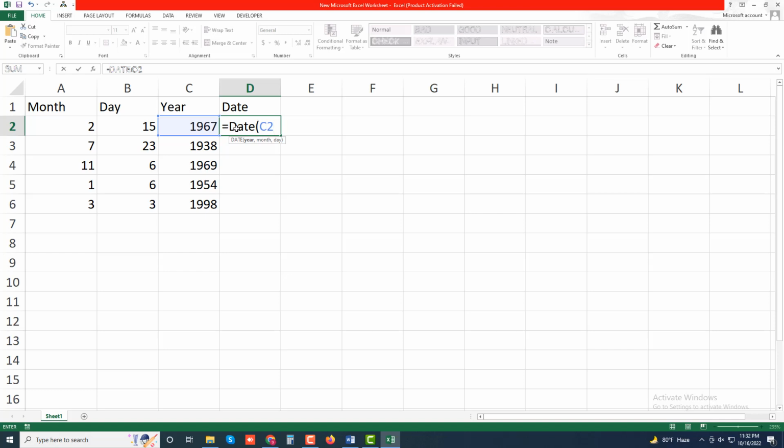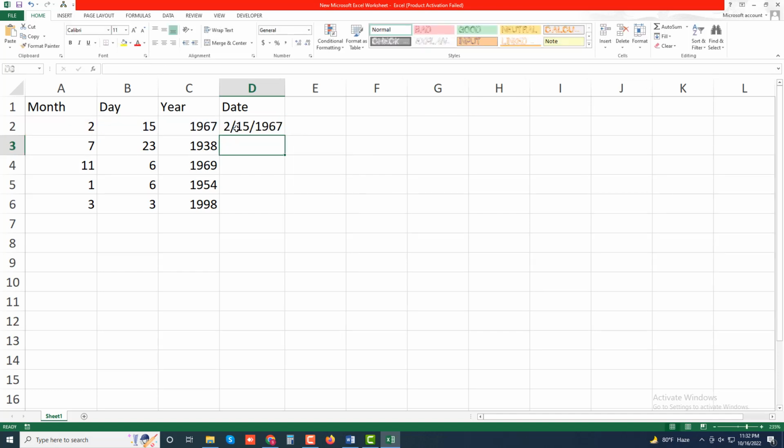Equal date C2, A2 and B2. Close bracket, and you can see